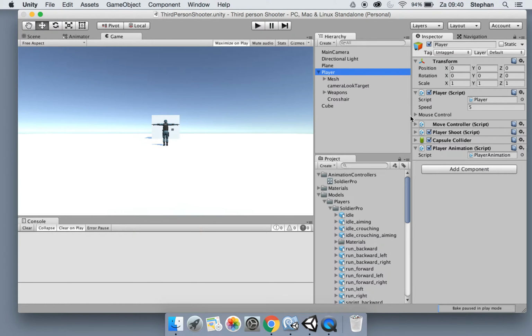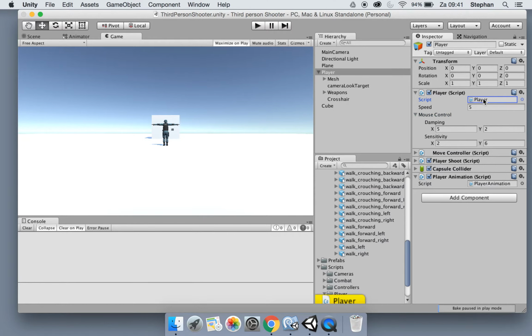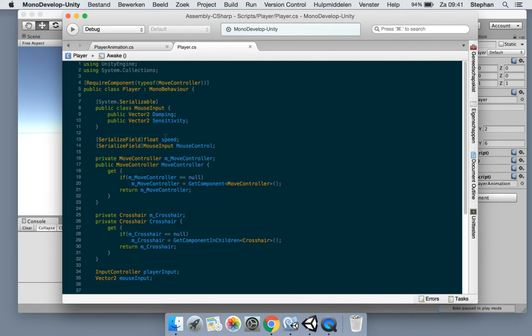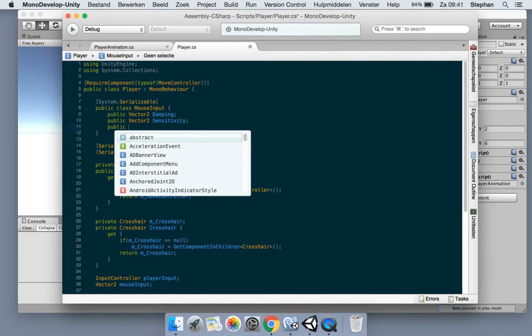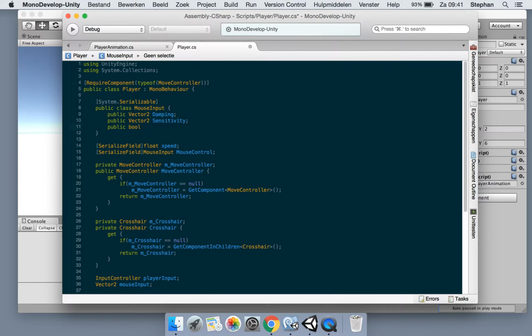I wanted to add the function to hide the cursor, so the cursor won't go off the screen. We're going to set it in mouse control. Let's add in the mouse input a new boolean, sorry, a boolean, not a vector. Lock mouse,